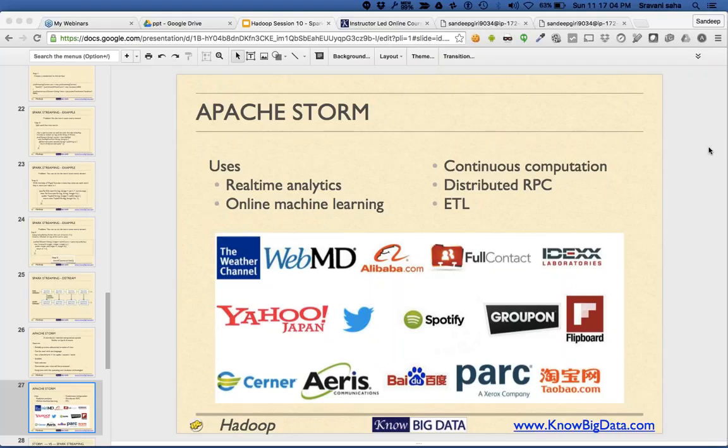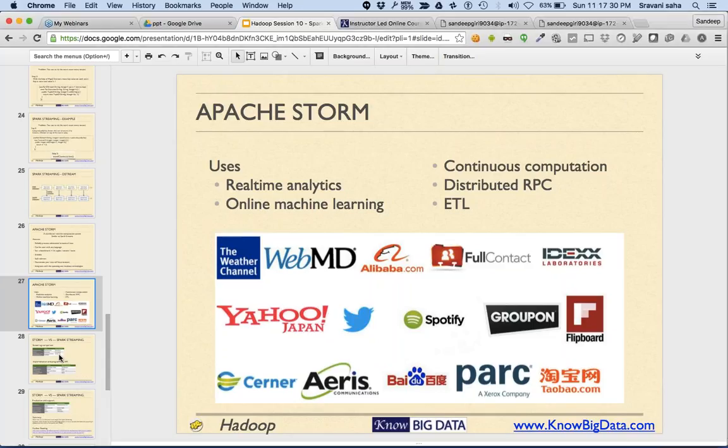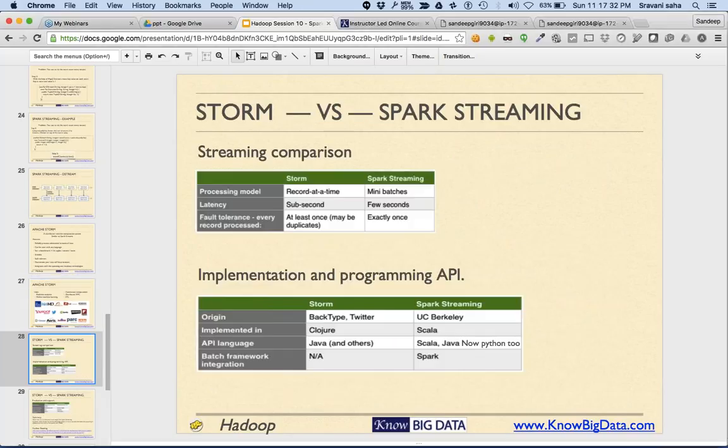But if the data is not static and is really high in volume and you want to run machine learning on top of it, you might want to go with Storm or Spark. Spark is relatively newer than Storm. You can see the differences.